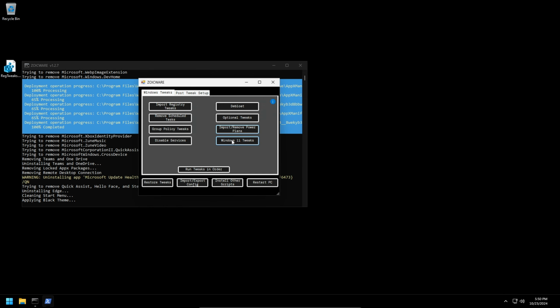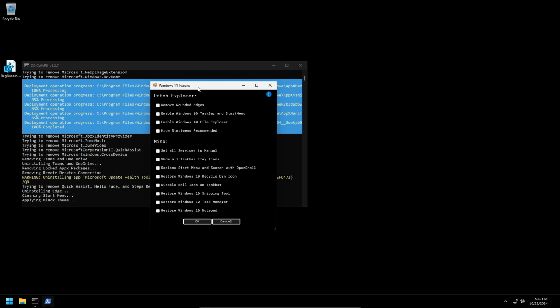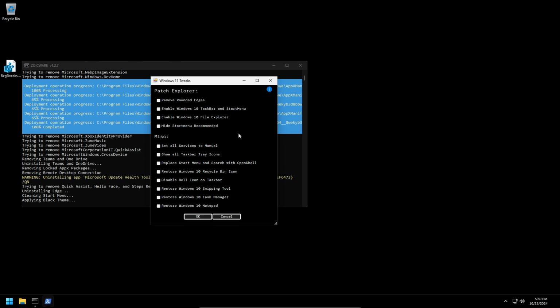And then Windows 11 tweaks. I have a good bit in here. Some of these, so these two are going to be using Explorer Patcher, which honestly is kind of unreliable considering Windows is actively trying to stop it. So yeah, if you want to use these, honestly, you can't really have Defender because it wants to flag it as a virus, which is ridiculous. But anyways,